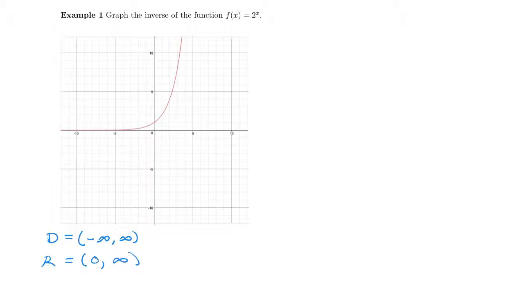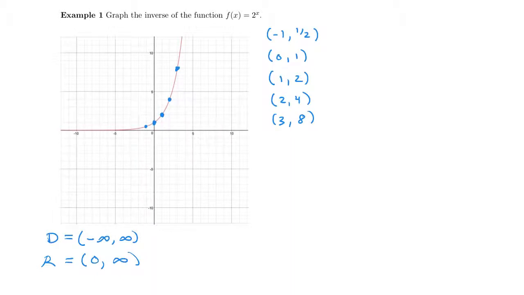But to add a little bit more detail, I'm going to list a couple of points on the graph. For example, here, at -1, I know we get 1/2 for y. This is the point 0, 1. Here's the point 1, 2. Then we have 2, 4, and one more. This is 3, 8. These are very easy values to get. You just put -1 all the way to 3 in the function 2 to the x, and you solve for